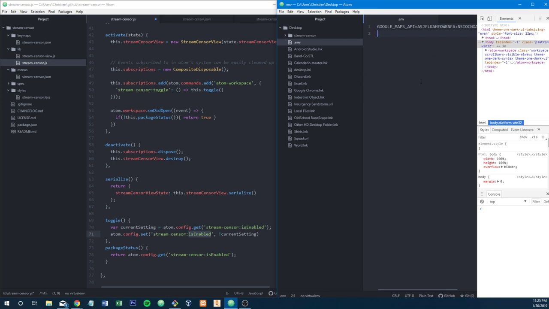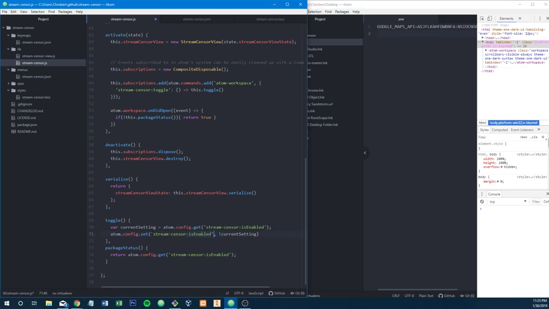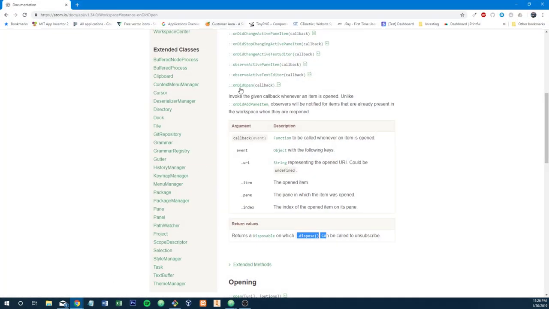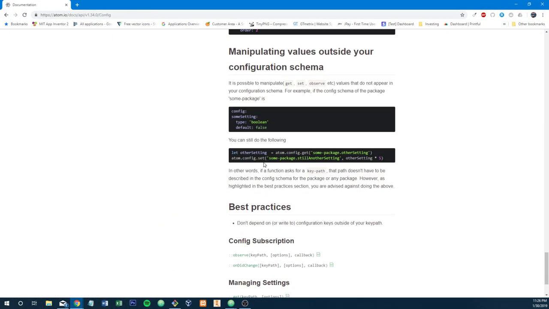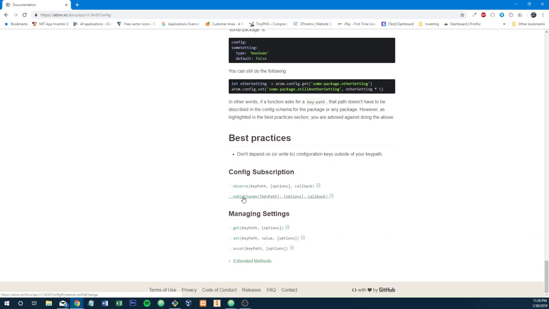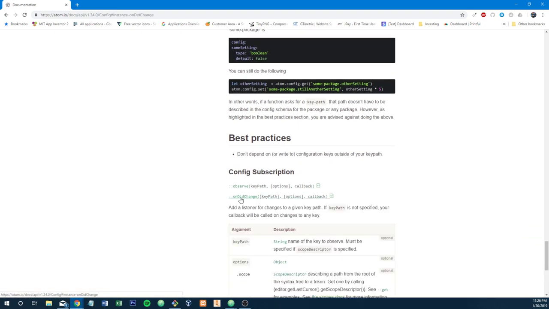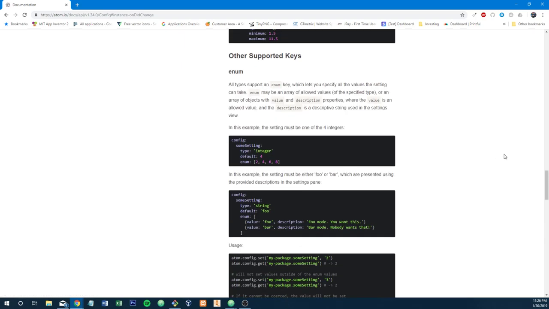So what we want to do is, if we press Control-Alt-O, we don't even get anything, because we're not even console logging our toggle. So we have literally no feedback right now. So if we open back up that documentation and go back to config, we saw that there were some functions we could call. We were going over it earlier. This one, more importantly, on did change, works the same way as on did open for the workspace, but this time we're calling it on a different